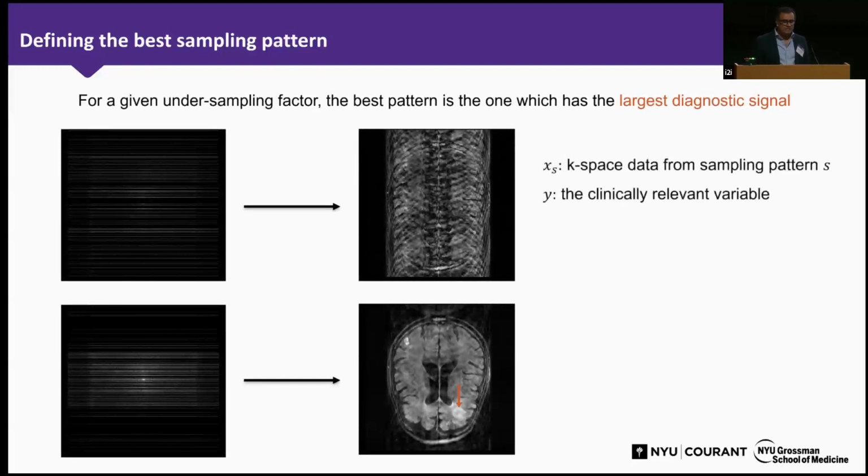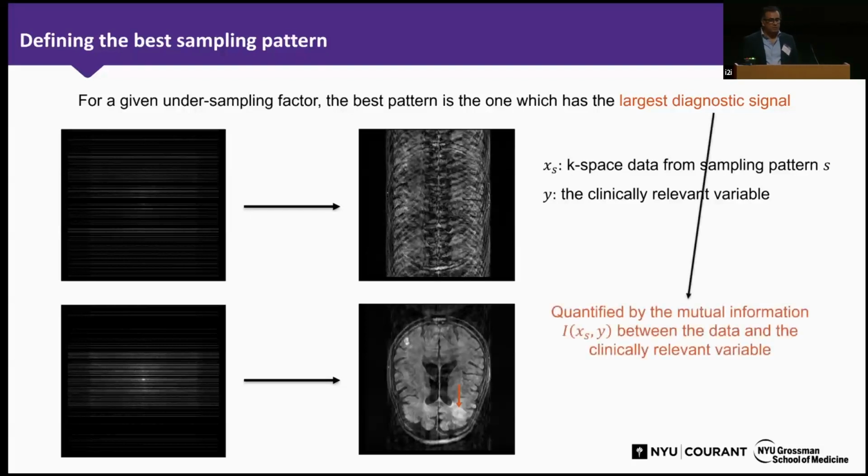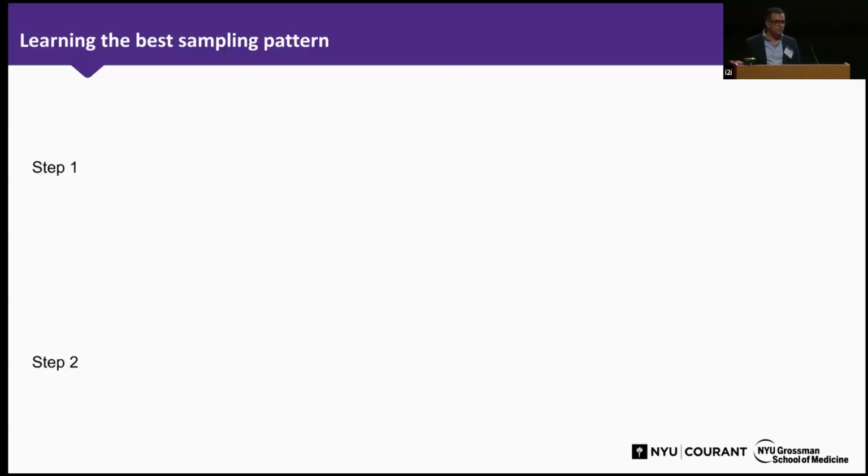And how we explicitly quantify this is we consider XS as the case space for some sampling pattern S, and Y being the clinically relevant variable, in this case, whether the patient has a cancer or not. We define the diagnostic signal as mutual information between the data that exists in XS and your label Y. In this case, again, cancer or no cancer. And once we have this definition out of our way, and again, there's nice math behind it, you can actually formulate the mutual information between Y and XS,